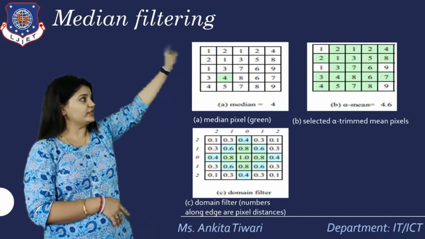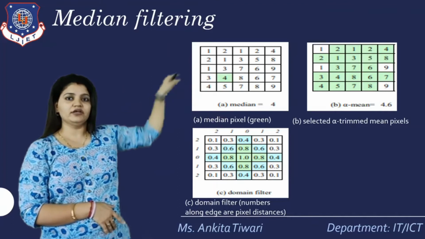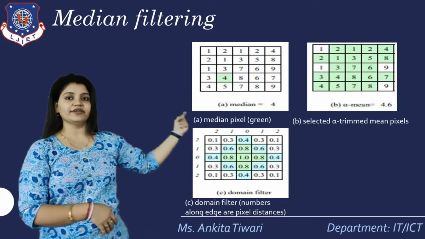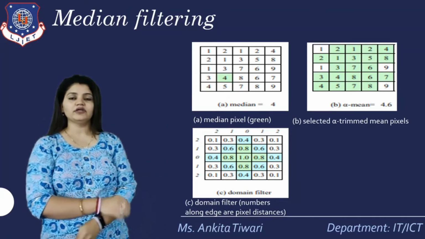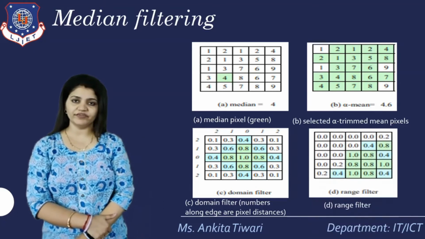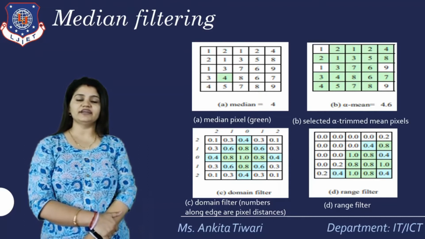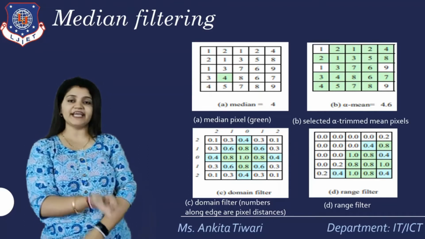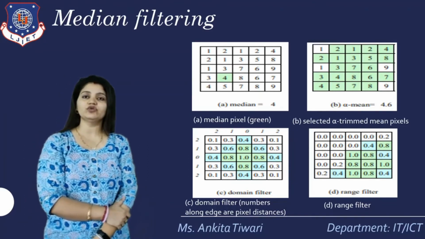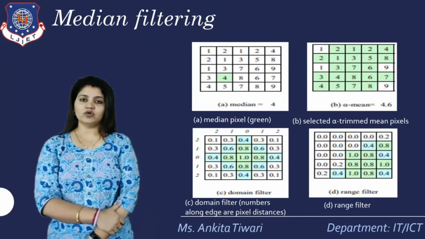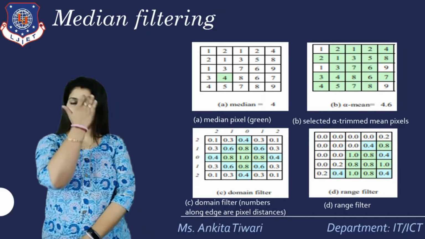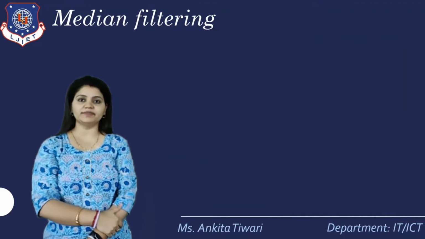See, this is the original image with respect to the value that we have taken. With respect to that, the distance is given here for each and every point, so that is also defined. So the domain filter is multiplied with respect to the point, and the range filter is decided with respect to the scaling that we are taking in order to remove it. With respect to the removal of the point, median filtering is being placed.